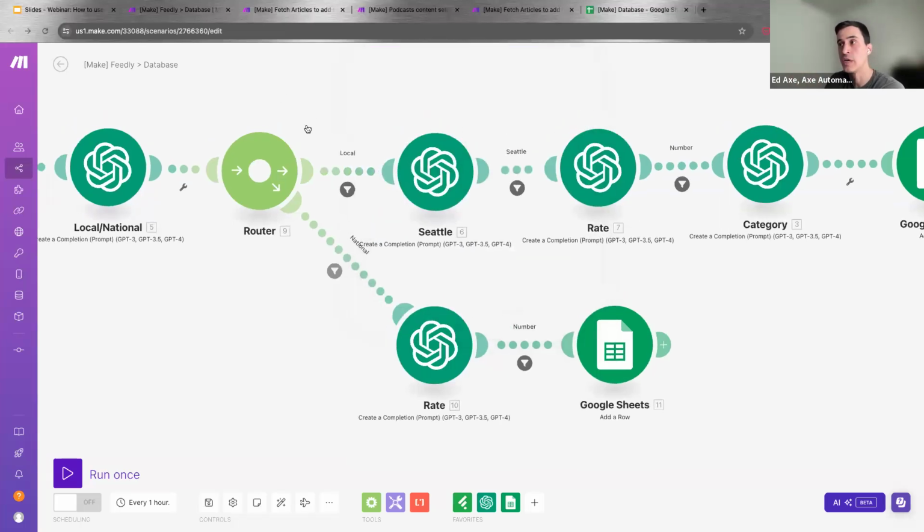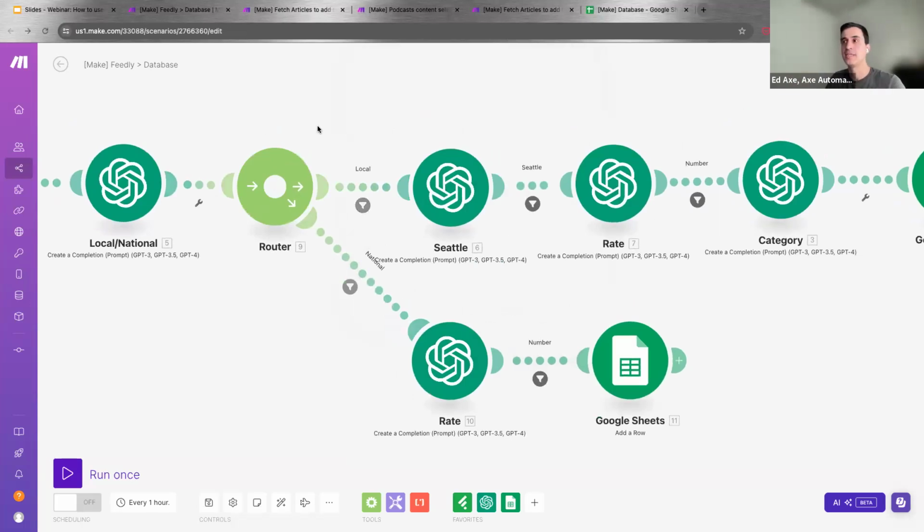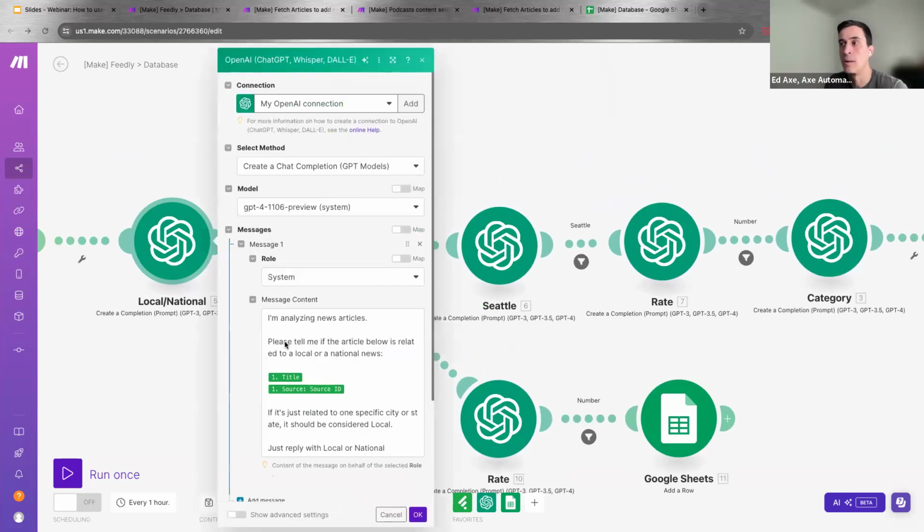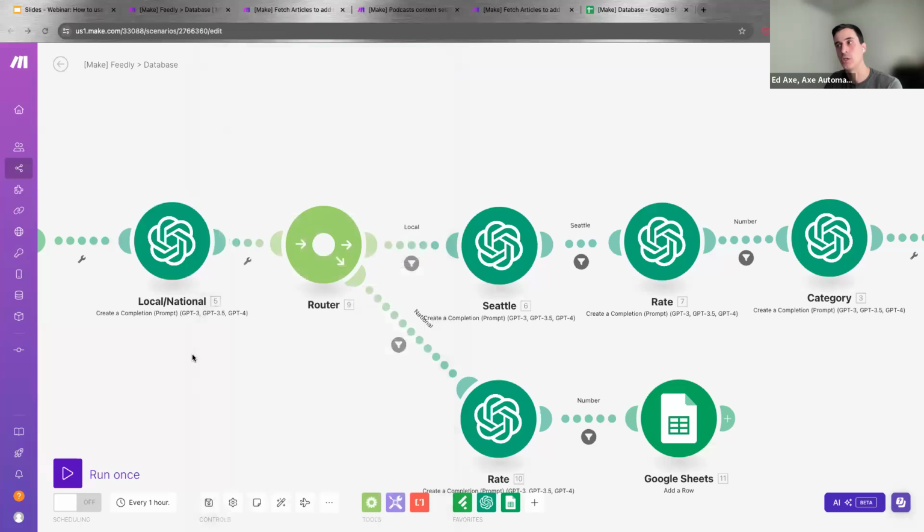We are first using a router. It's basically a way to divide the Make scenario into different paths, so you can perform different actions according to the output of a previous module. In this case, I used OpenAI to analyze if this was local or national news.